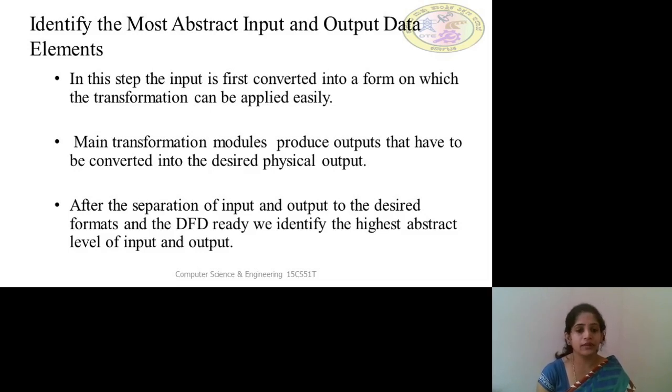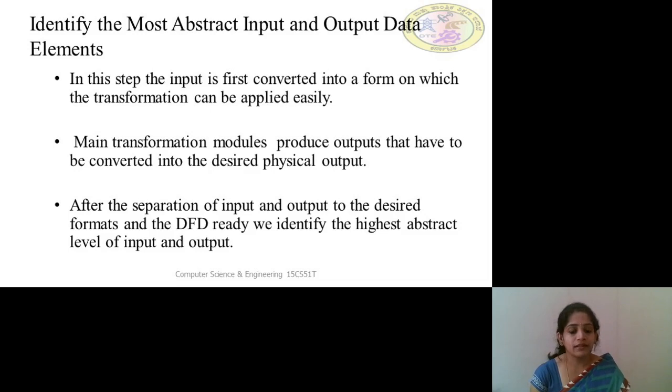Sometimes, even though we get an input, the format of the input may differ, and for that format we are not able to apply the transformation easily. So it is difficult to get the input and the output in the desired form. In this step, we convert into a form where the transformations can be applied easily.